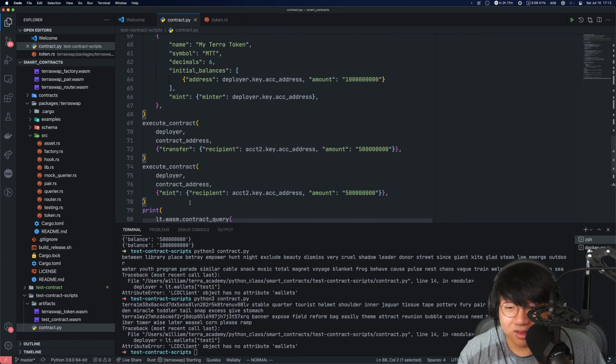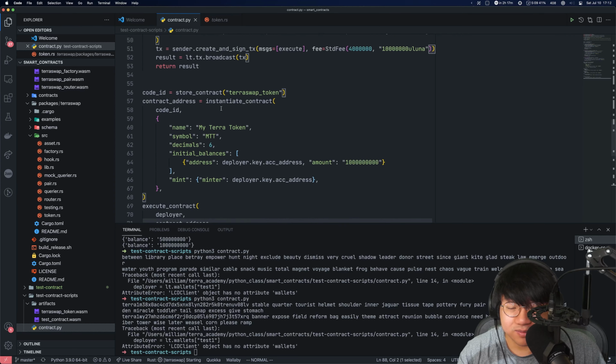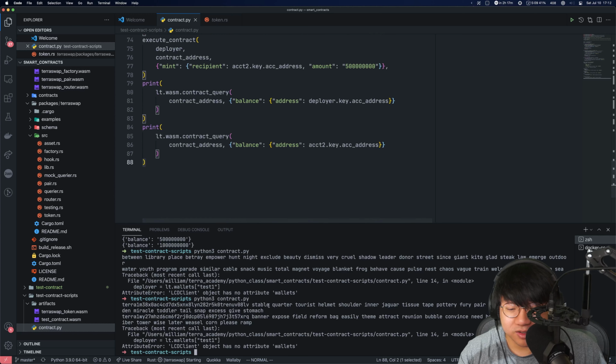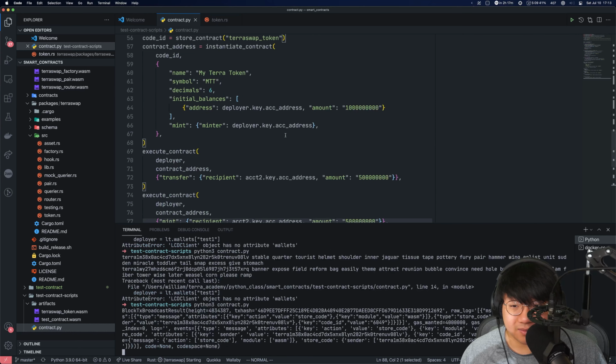So let's try this. Now it won't be as quick because we have to store these tokens, but you'll see that it will work. So let's just try it right now. So now we're just testing this on Tequila.